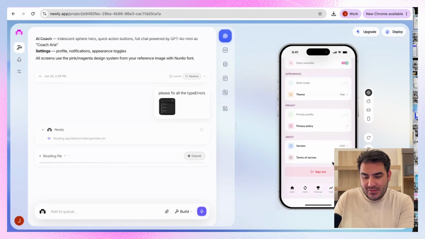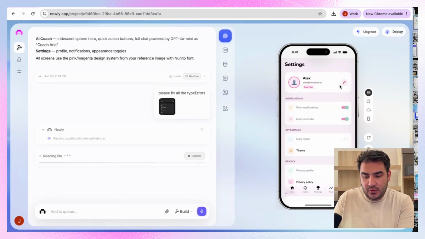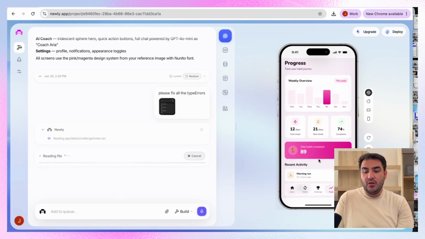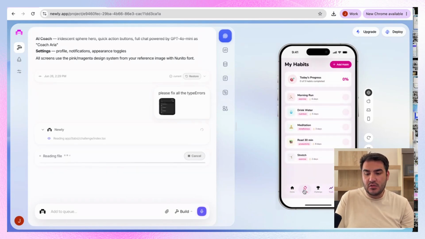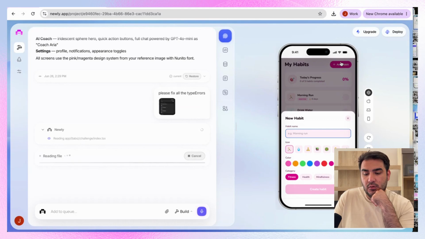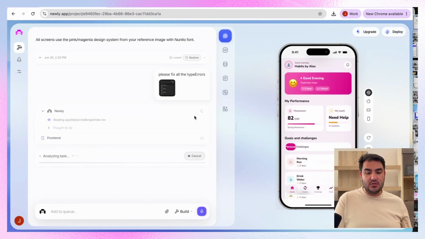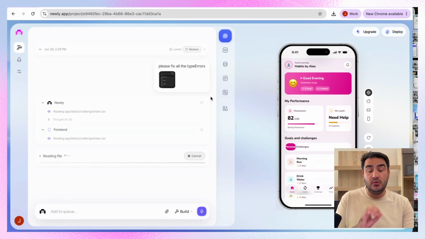So here is a setting. This is nice. We can also edit our profile. You can see the tracking. So this is nice. So we only see the error in challenge. Also, the habit is fine. You can add a new habit here. This is cool. And so yeah, let's just finish and then I will show you how to do the APK